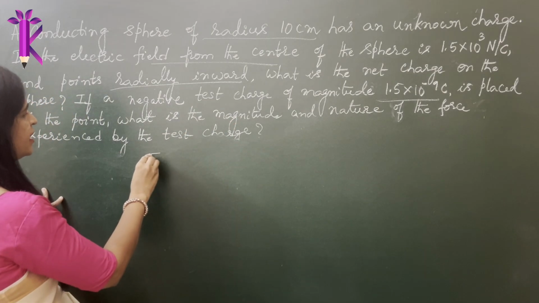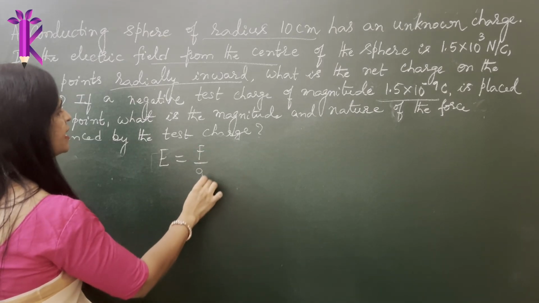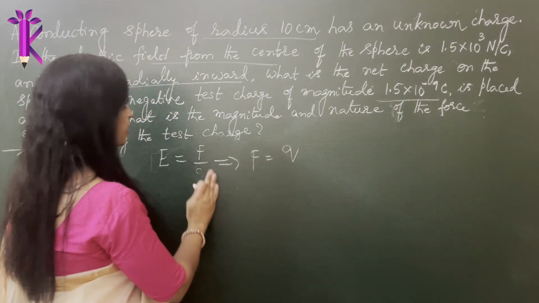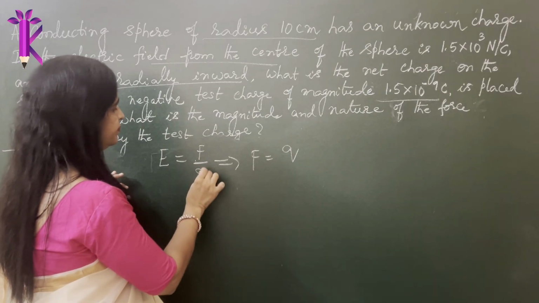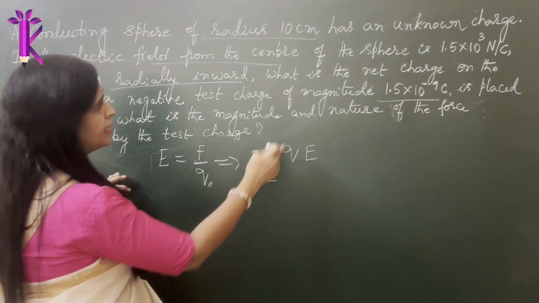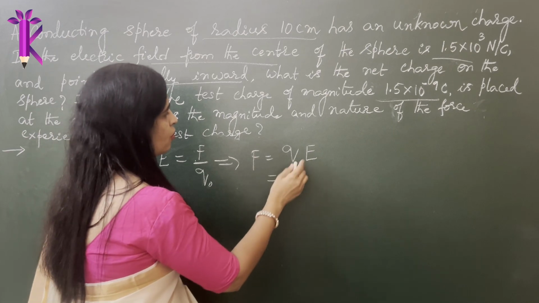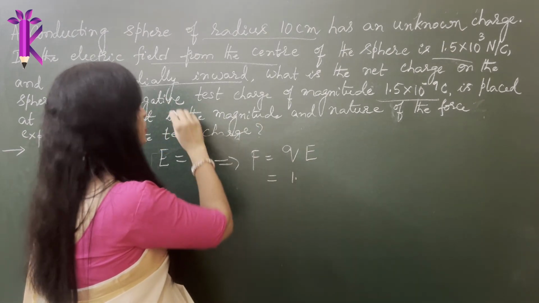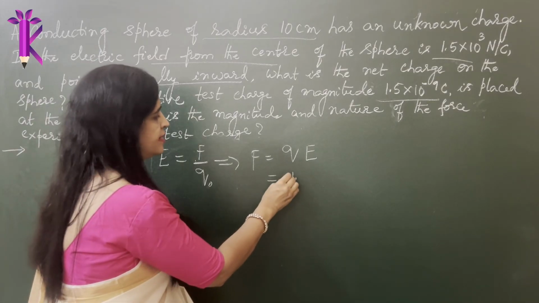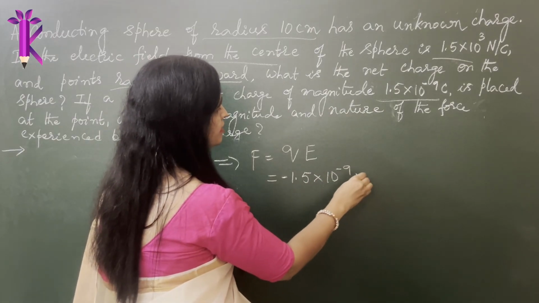It is simple. We already know the formula. Electric field is the force experienced by a test charge, so you are supposed to calculate the force. That is F = q0 times E. The electric field value is given in the question and the test charge value is also given. It's a negative test charge, so if you include the minus sign, you can say it experiences an attractive pull towards the conducting sphere.